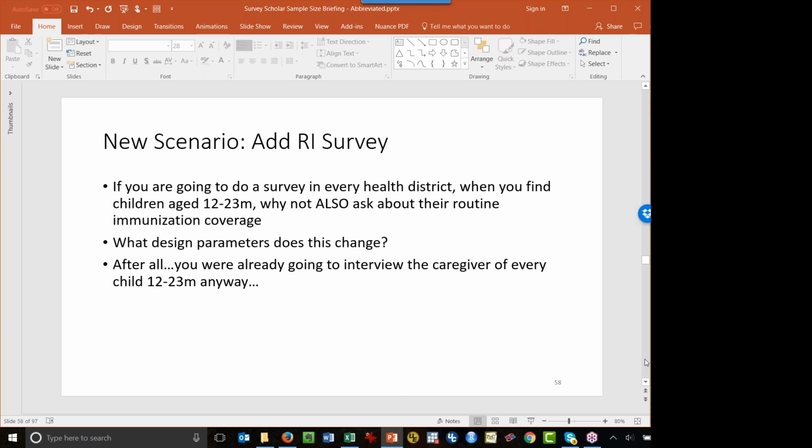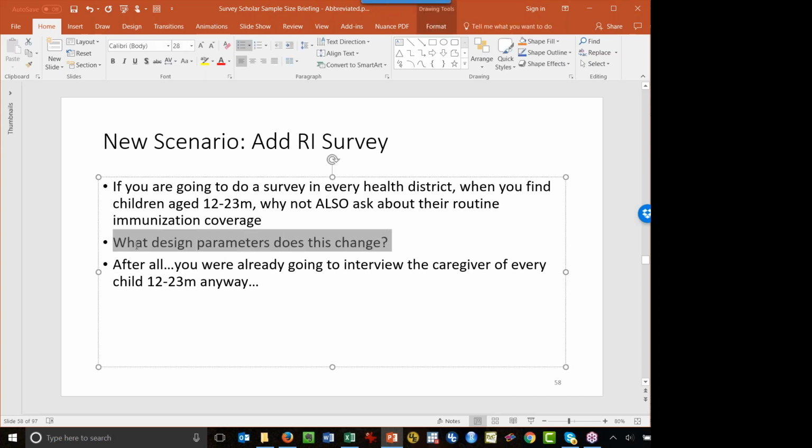And this is a common part of the conversation early in the survey process, to say, if you are going to spend the money to visit all these people, can we also ask them a few extra questions and get some additional information? Because the person will look at you with big eyes and a sweet smile, and they will say, after all, you're already going to go there. You're going to be in the house. It's just a few more questions. Could you please ask my questions also? Well, we have to think about it. Before we give a response, we have to think